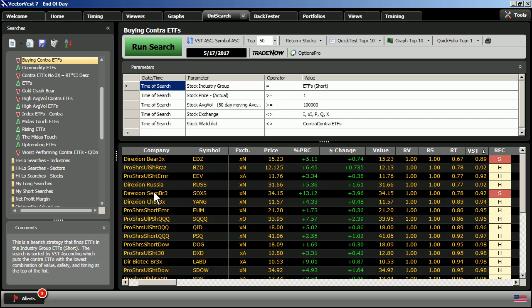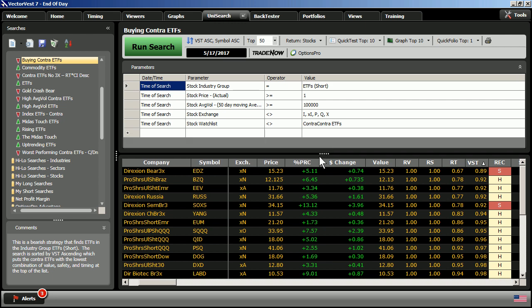Both tended to favor leveraged Contra ETFs because of their faster price action. And that may be okay for you if that's your cup of tea, but it's also easy to eliminate using those watch lists stocks that you're not interested in trading. So for instance, if I wanted to eliminate all the triple leveraged Contra ETFs, I could simply create an additional line to the